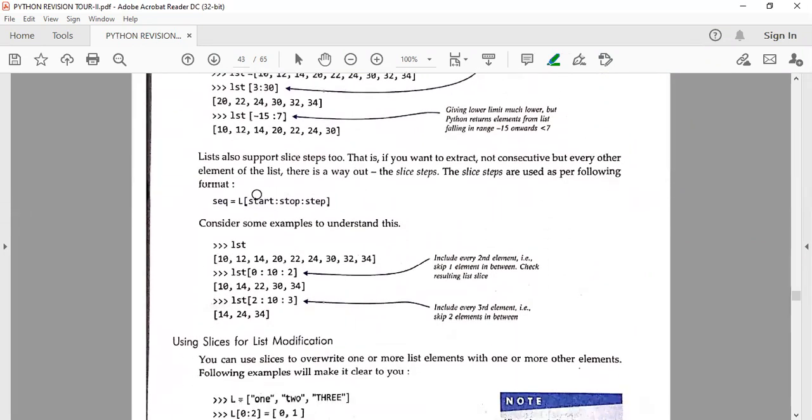Now, if there are 3 things that come in between, start, stop, and step. Now, third value, step also comes here. So, step means how many numbers you have to increase there. Now, just see here, 0 to 10 and step is 2. So, 0 कौन सा number है? 0 index पे कौन है? 10. तो हम यही लेके चलेंगे. 2 means you have to increase the index by 2. 1, 2. So answer क्या आ जाएगा?